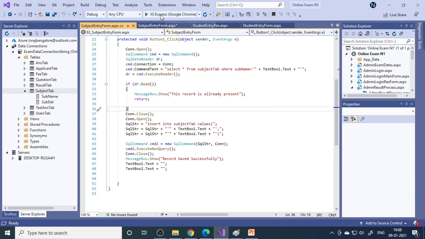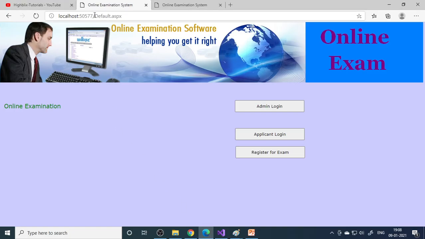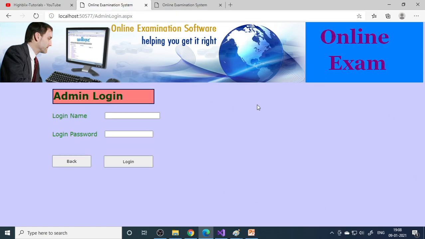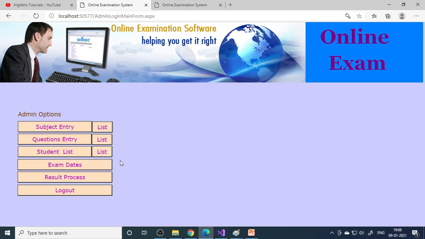Fine. So let us run the project. Here is the option to run the project. I'm already running it, so you can see that IIS Express is already running here. So I'll just go straight there. Now you can see that this is the main address and default.aspx is the main first page. From here we can go to admin login. Click admin login, and it will go to the admin login. Here I'll type admin, then login. Watch some more videos because in the beginning videos we explain in detail how to run the project and all. So get a clear picture on this.